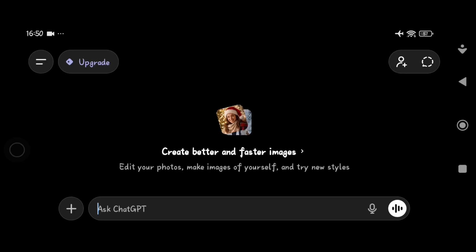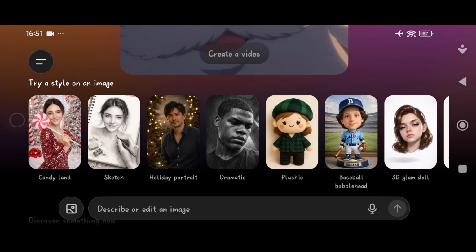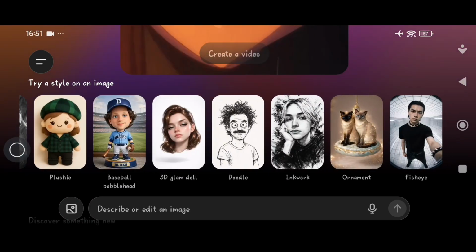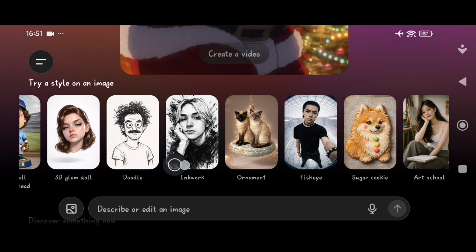In this tutorial, I will show you how to turn a regular photo into a beautiful inkwork painting using ChatGPT. Okay, let's get started. First, just open ChatGPT on your phone or browser, and then next just tap on menu, this one, and then just go to images like this. Scroll down, and then in the style section, just find the inkwork effect or inkwork styles, this one, just